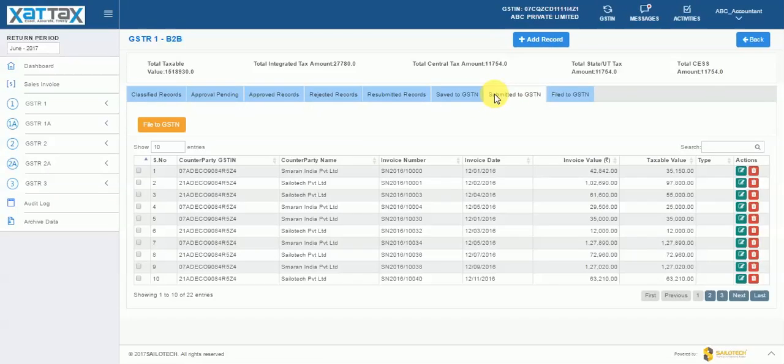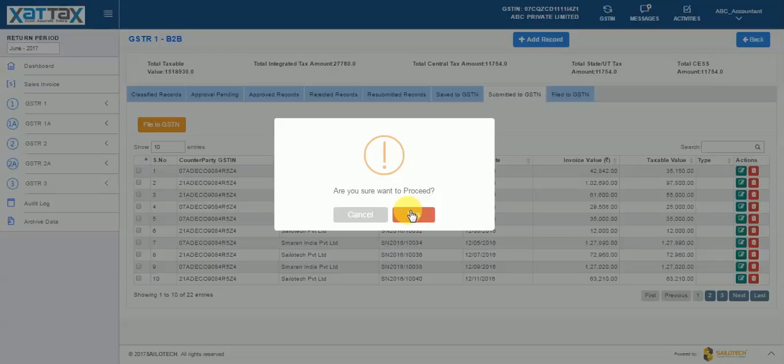Now, these invoices need to be filed with GSTN. Please note that in this demo version, the real authentication process is not demonstrated, but practically, there is an authentication process that takes place based on Aadhaar number or the digital signature, among other things pertaining to that person or an entity.